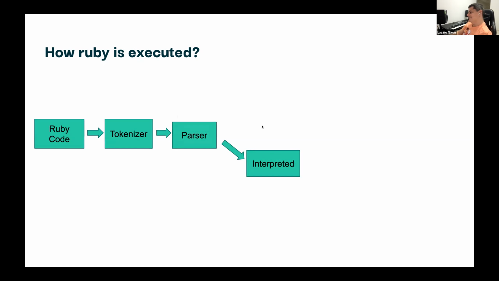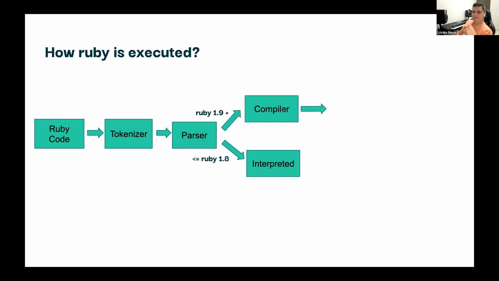Yeah, it would be nice if it was 10 years ago, because it was the process that Ruby 1.8 had. So it was how it was interpreted at that time. But after Ruby 1.9, a new concept was introduced. After your code is parsed, it is sent to a compiler. So what does the word compiler mean? The compiler is the process of translating your code to another kind of executable.